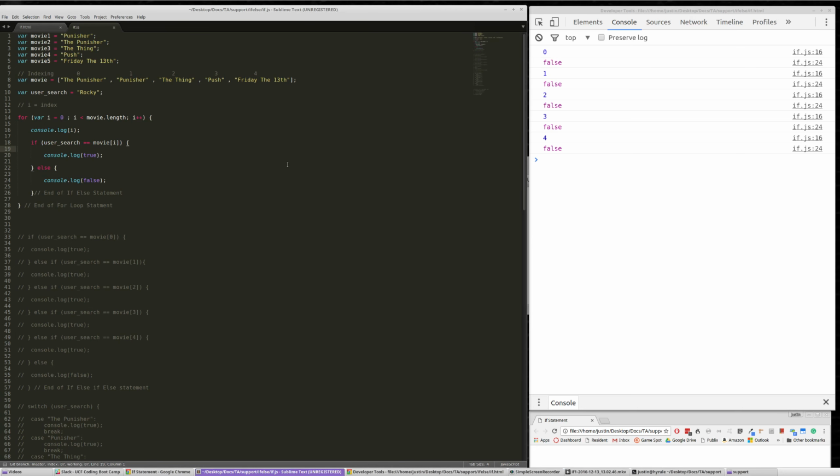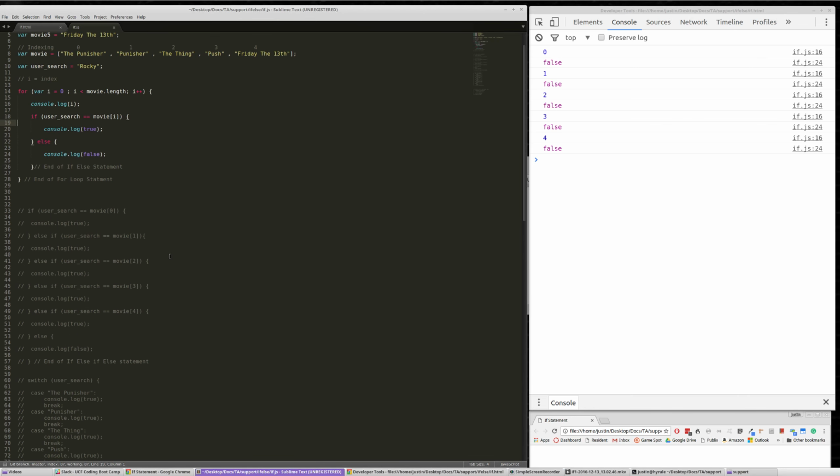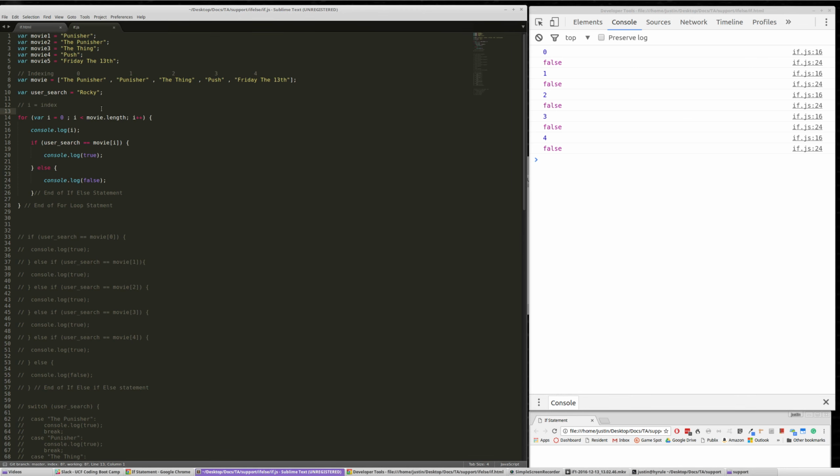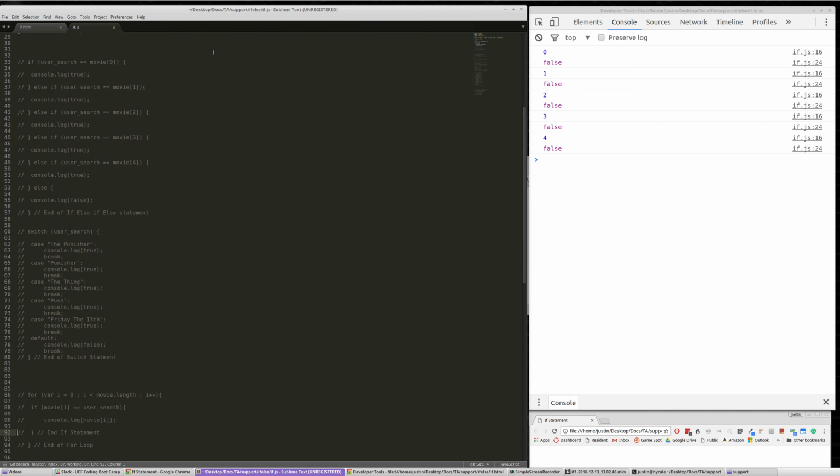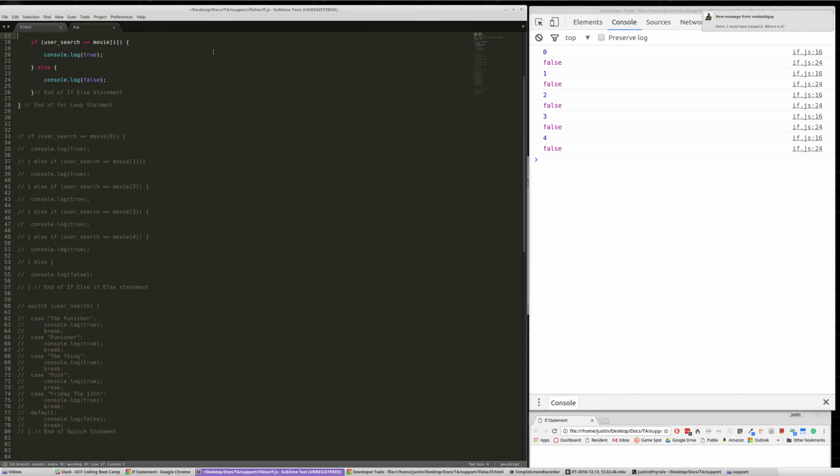Okay, so we're back again with this program that we made right here. We've done a lot of work. Literally, I do want to encourage you that if you understand what's going on with declaring these variables, making this array, searching with a for loop, working with an if, else if, else statement, a switch statement, and this other for loop here, that is really a lot of concepts down. So